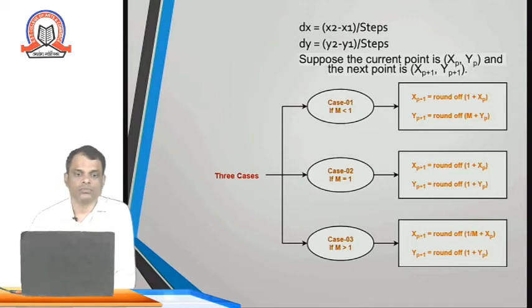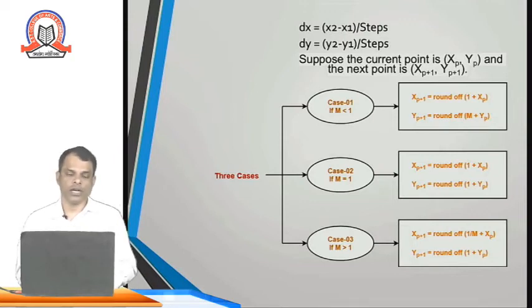Okay, so if it is less than 1, then there is no change in the y values. If it is equal to 1, then both values will change, x will also change, y will also change. And if it is greater than 1, then your x values will not change, they remain constant, but y values change. By default this happens when you calculate, but you can remember these three